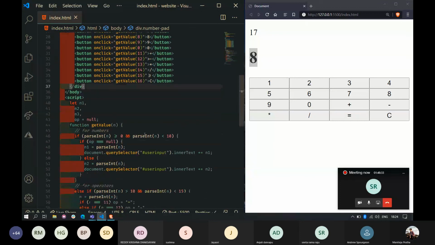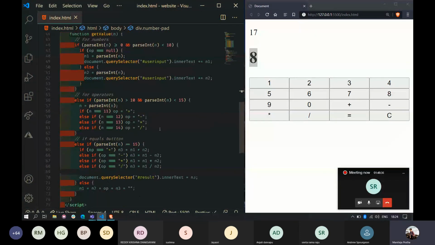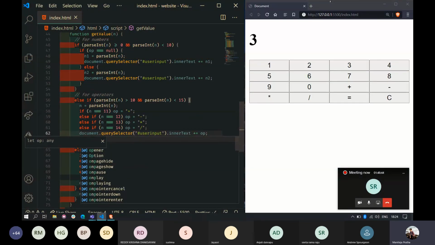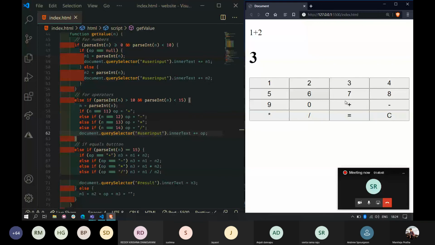Let's check. 1 plus 2 is equal to 3. There you go. Okay. That's it, guys. That's how we have done the project. Still, it has so many bugs. I know. 9 plus 1 equals.